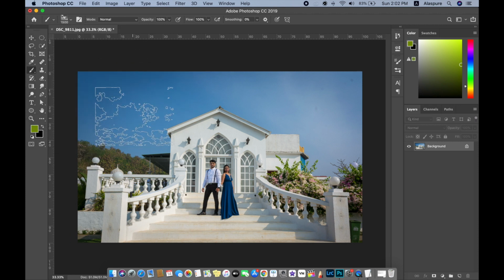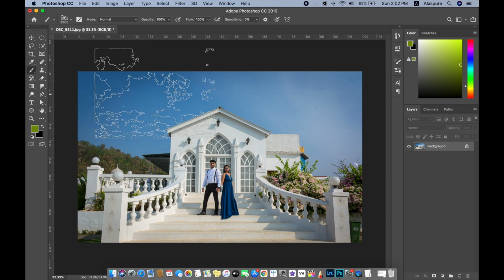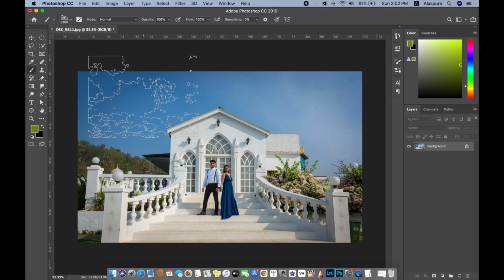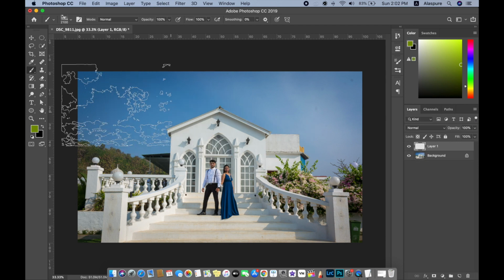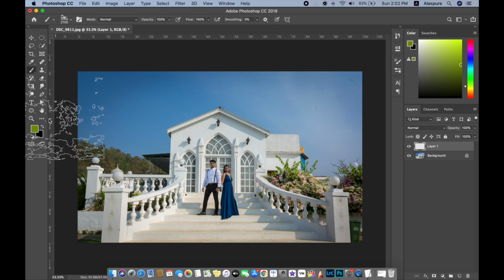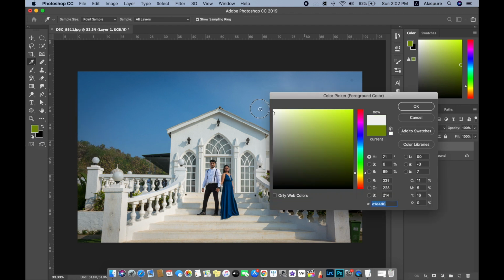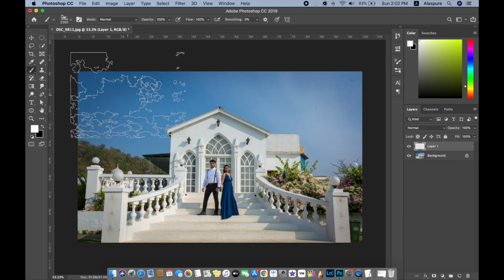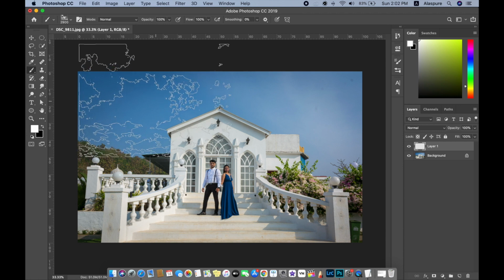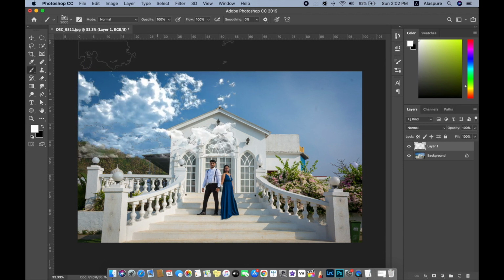Now zoom in a little bit or increase the size of the brush. But before doing that you need to create a new layer on which you can add the brush. Firstly you need to change the color to white. I will increase the size more and I will click with the brush tool. Now you can see that I have generated the clouds here, and you can see how these clouds are looking like real clouds, and we don't need to do anything.